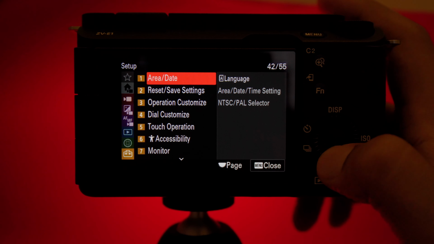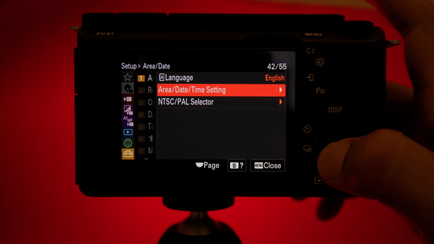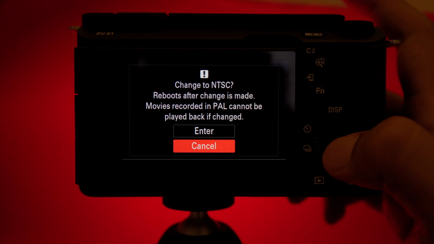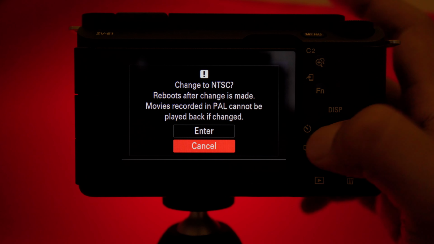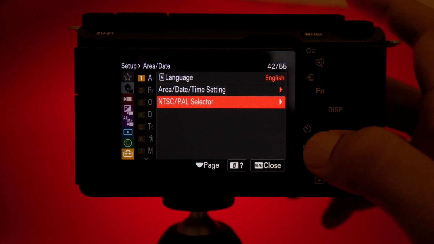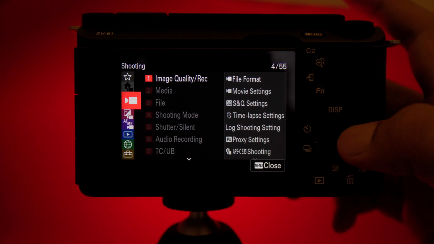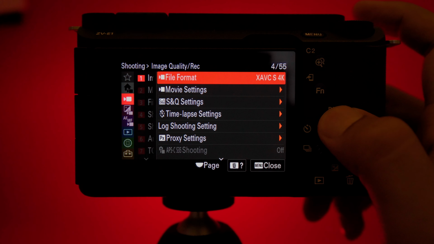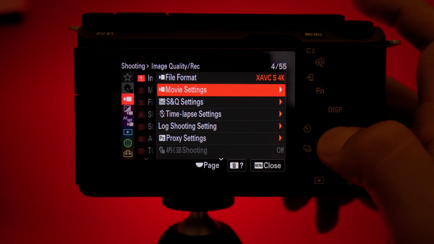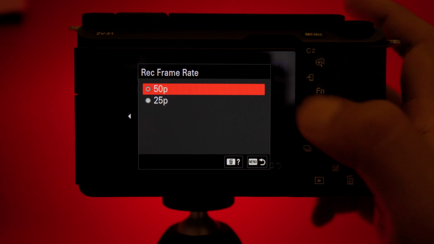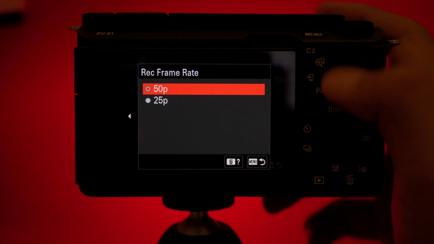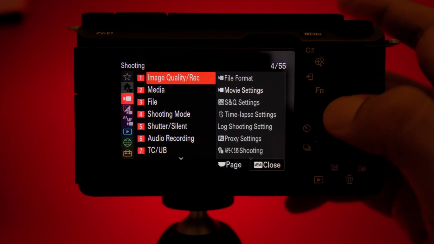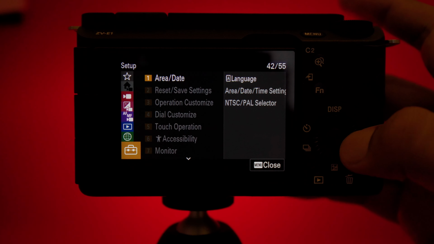If you want to change it from NTSC to PAL, this is the area. From here you will get this NTSC PAL selector, and if I change it to NTSC, then I'll get the different frame rates. Let me show you. So let me just show you the PAL options as of now. See, frame rates are 50 and 25 as of now, but if I change it to NTSC from the NTSC PAL selector, now if I enter, the camera will restart on its own, and then you will get,